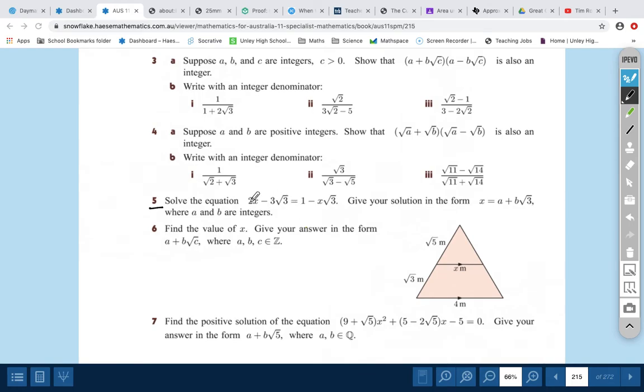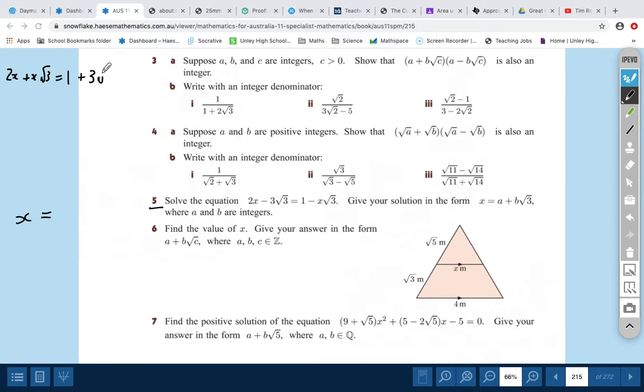This is the equation we're given, 2x minus 3 root 3 equals 1 minus x root 3. I'm going to rewrite this so that all the x's are together on the left side. So I'm adding x root 3 to both sides of the equation, right? Where are we going when we're solving algebraic equations like this? We're trying to get x by itself equals, yeah? So I'm putting all the x's on the left, and I need to add 3 root 3 to both sides, so this will equal 1